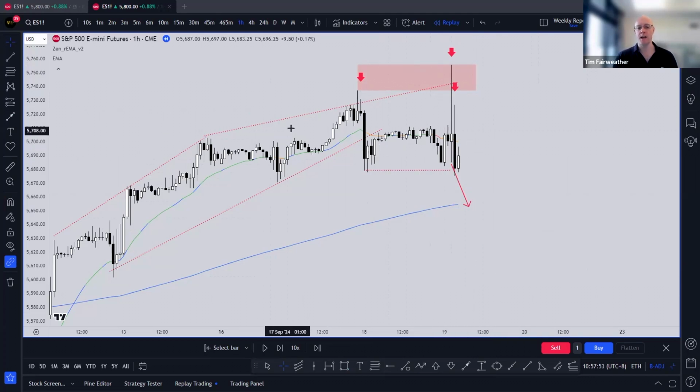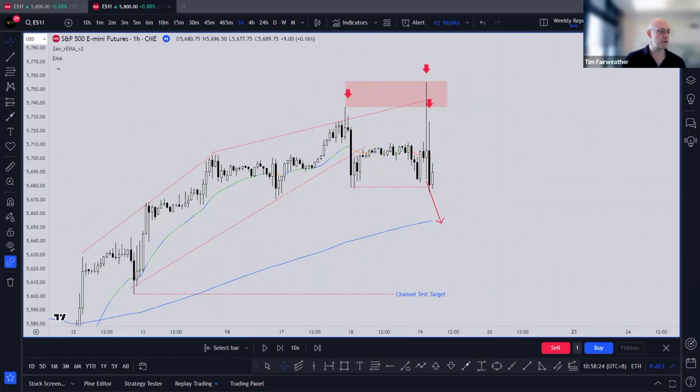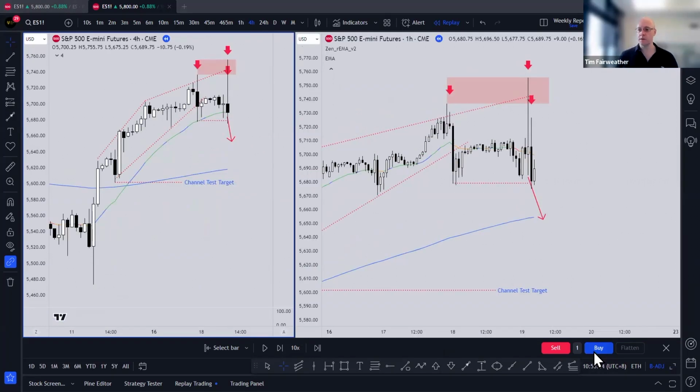Now it's a trading range, so it's probably a buy low, sell high situation. But I'm thinking, yeah, this is the end of the spike and channel. And my target's going to be the channel line, the low of that pullback, spike channel, and we're going down there. So I go up a time frame. So now I've gone up a time frame. Now it's a little bit more confusing because it's like, well, that is a short, but it's a short right